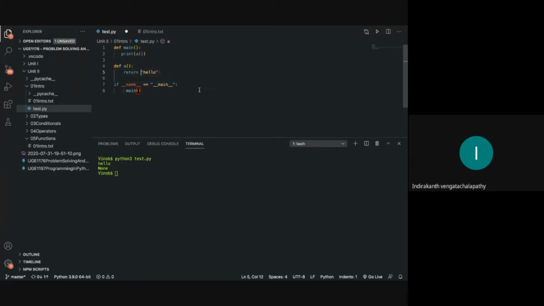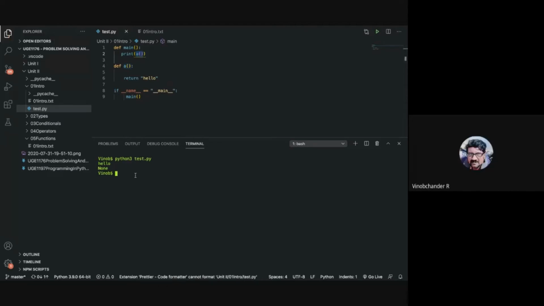All right. So if you do something like this, this basically means after all the statements are executed, if any, before this particular return statement, and when this particular statement is encountered, this definition will return this particular value, in this case hello. This will be returned back to the caller. Who is the caller here? This is the caller.